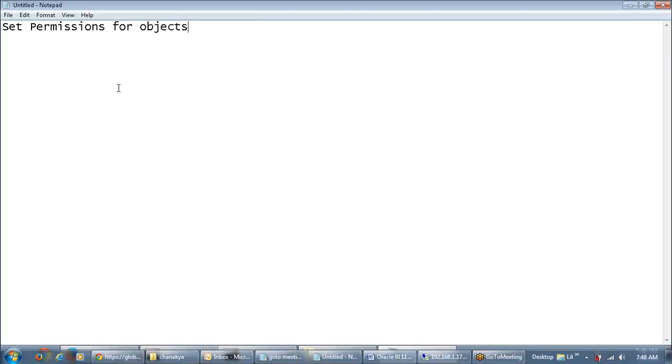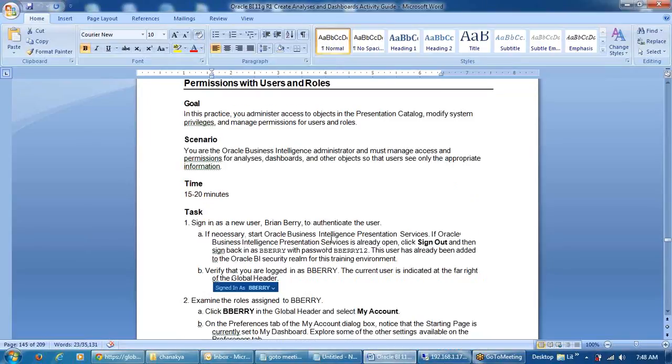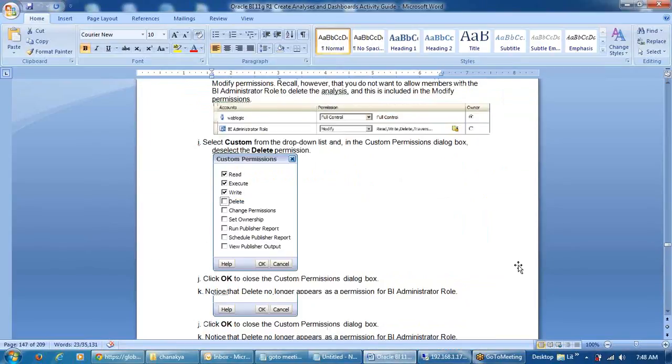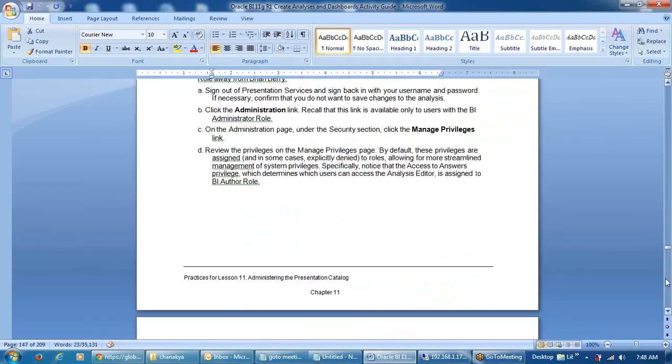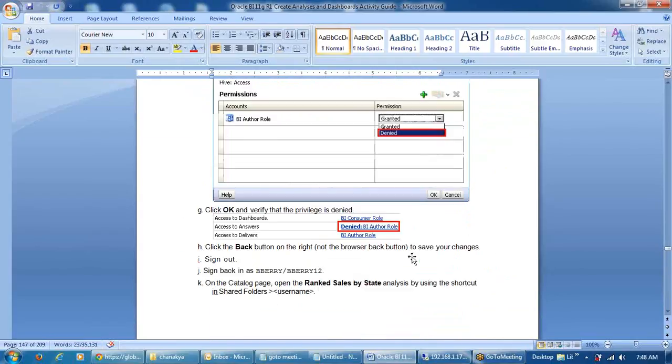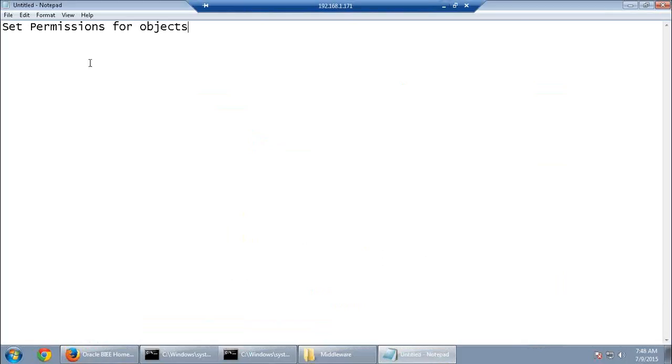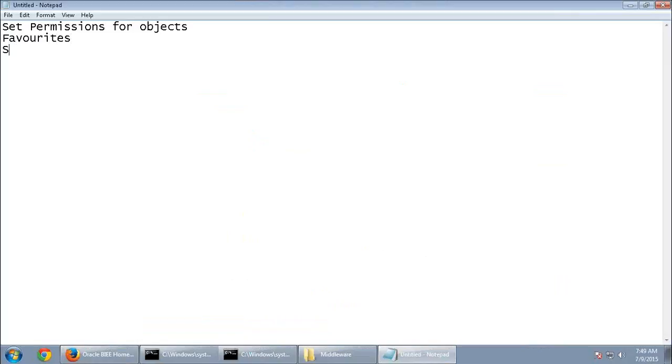So we will see how to set permissions for objects. Then we will see the next topic: working with favorites and how to use set operators.